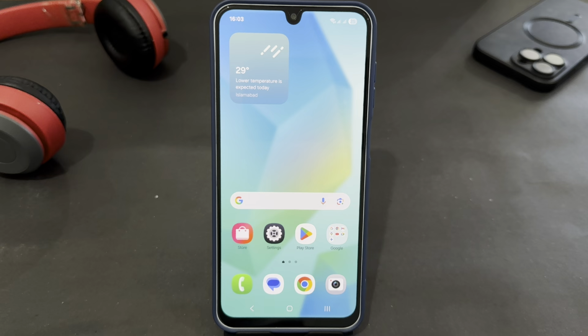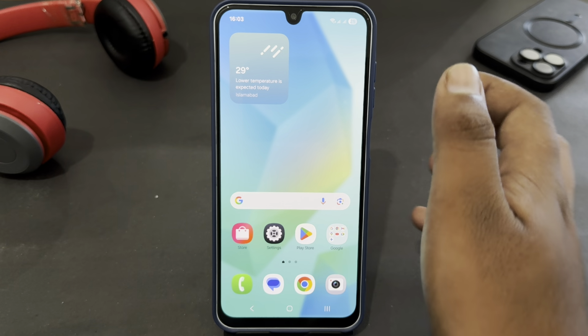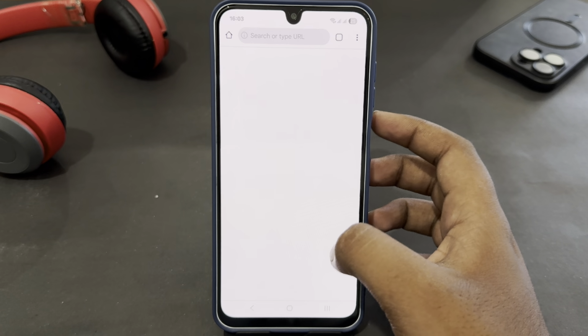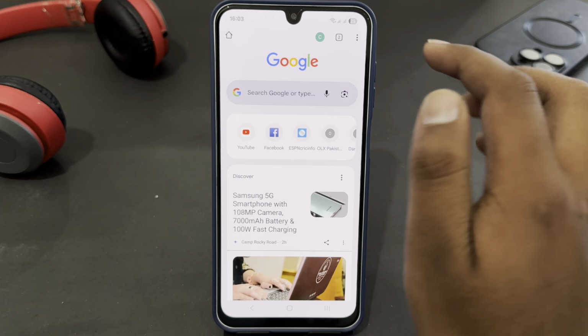Hey guys, today I'm going to tell you how to turn off SafeSearch on Android. If you're using any Android phone and you want to turn off SafeSearch, let's see how you can do that. You just have to open your Chrome browser and here just tap on three dots in the top right